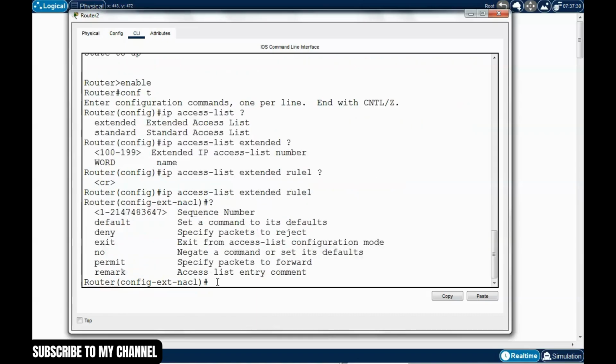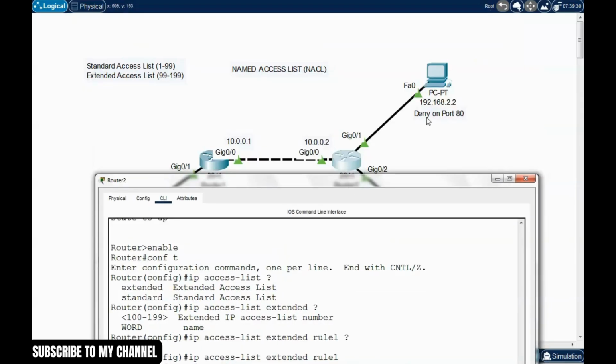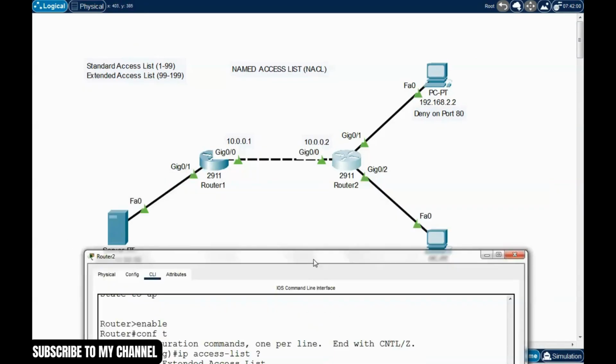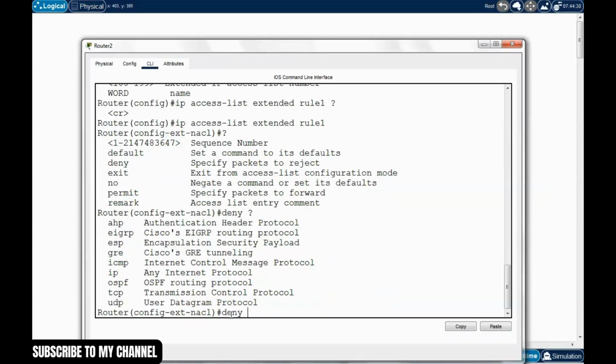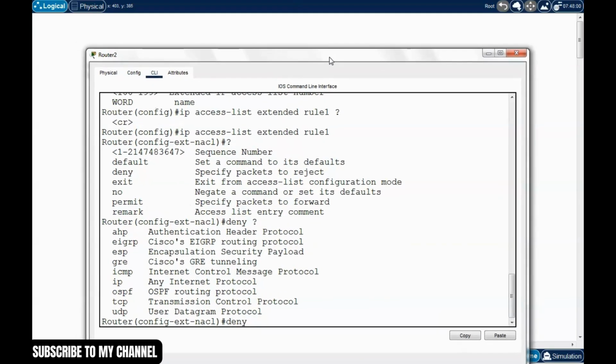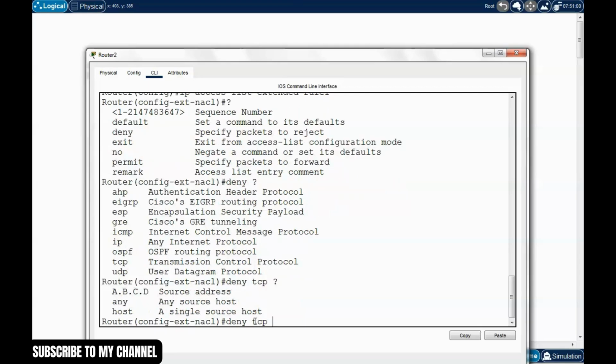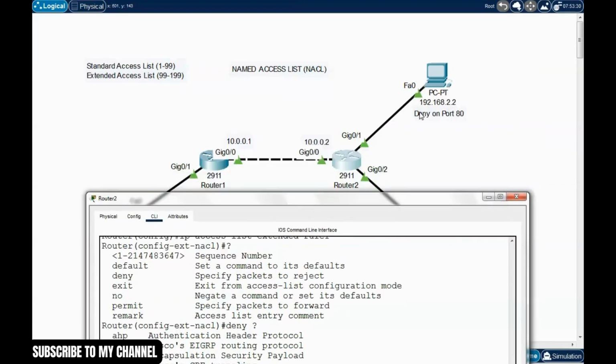All right, so I'll put question mark in here. All right, and the first thing that we need is deny. We'll deny this PC from accessing port 80 on the server. Let's use here the deny. I'll type deny space question mark. Okay, and then what we can use in here is TCP, because we're blocking a port. All right, so I'll type here tcp space question mark, and then we'll just use the host to input this host ID,